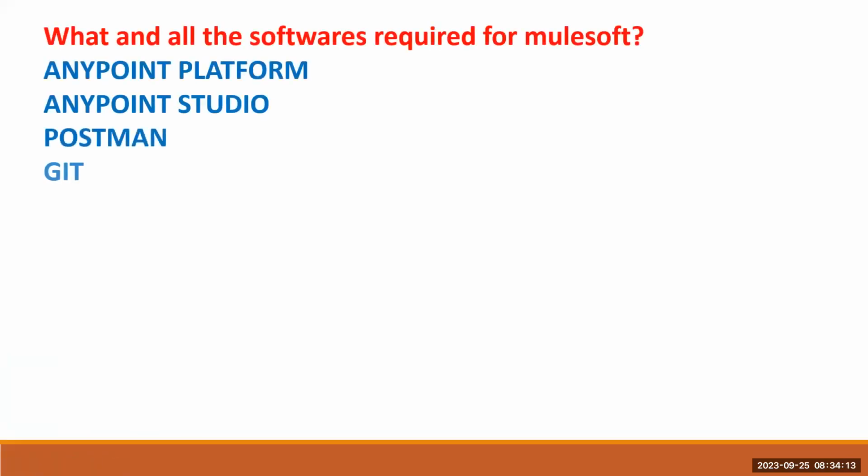Basically this Git and GitHub is a DevOps tool. But why I mentioned it in this MuleSoft course: it is very important. Not only for MuleSoft, irrespective of any coding background, if you are in Java or .NET or some XYZ, you always need to learn Git and GitHub. Because our projects will be stored in Git and GitHub. You need to take it from there and push your code to Git and GitHub. I will show you practically so that you can easily understand.